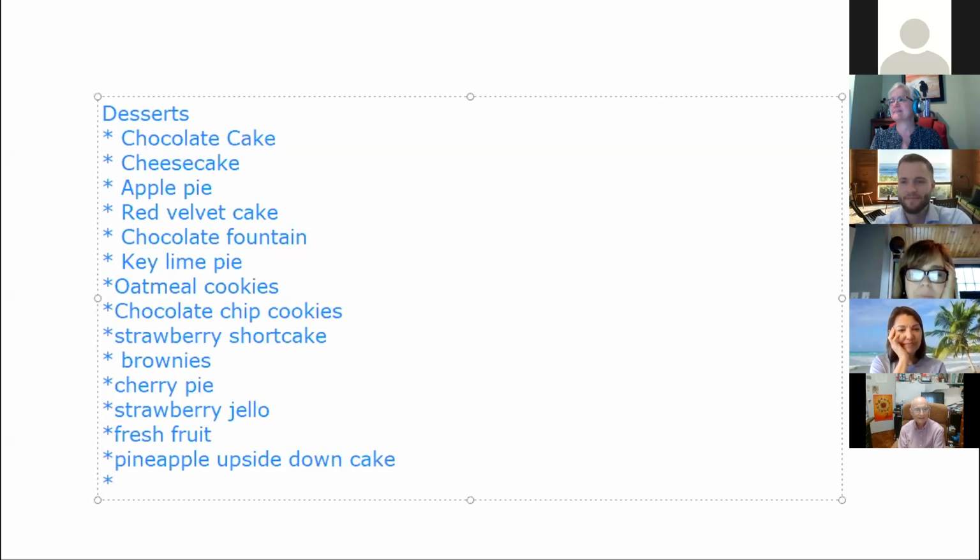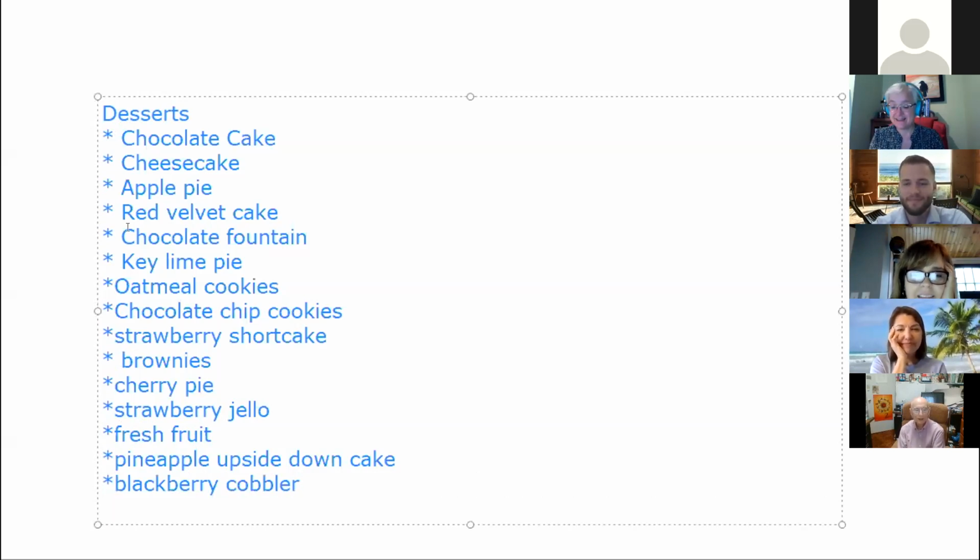What about a blackberry cobbler? I don't know. All right. Vanilla ice cream. Oh, one more? Vanilla ice cream. Yeah. All right. Good. Okay, so you can see that we have a pretty good list of desserts, and we could have